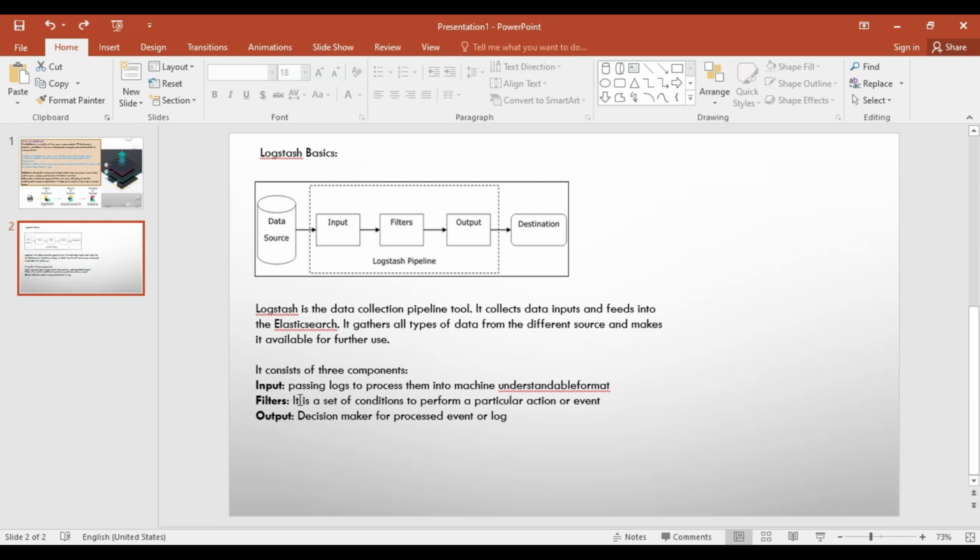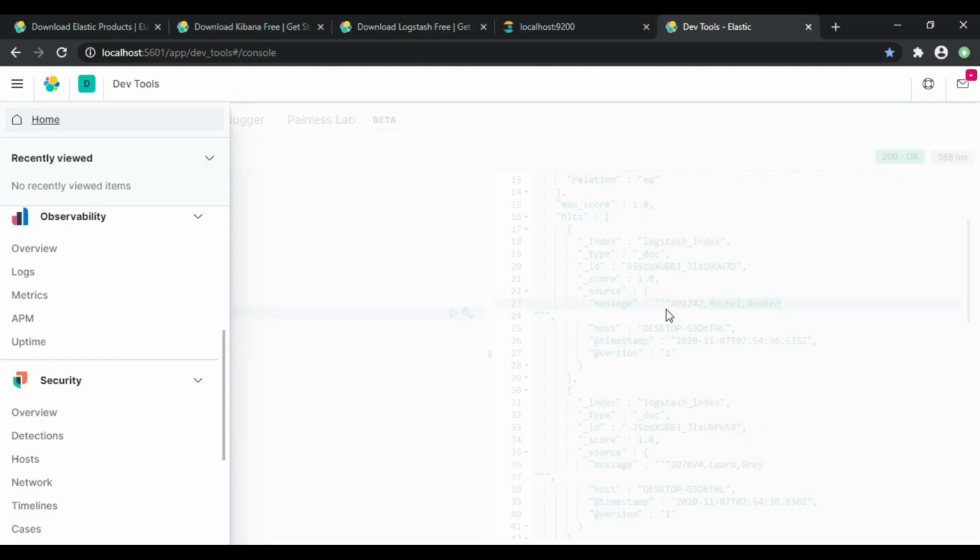Yeah, so this is the basics of the ELK stack. This is getting started with the ELK stack, where you get to know how Elasticsearch connects to Logstash and Kibana, and how we can visualize the data from Kibana. In further sessions, we will continue to explore more about the ELK stack.